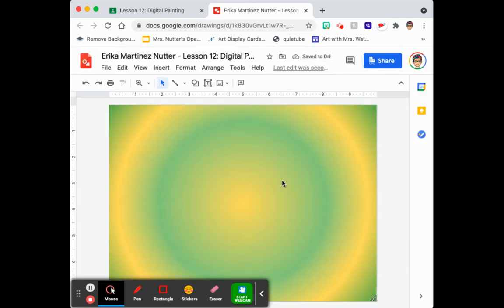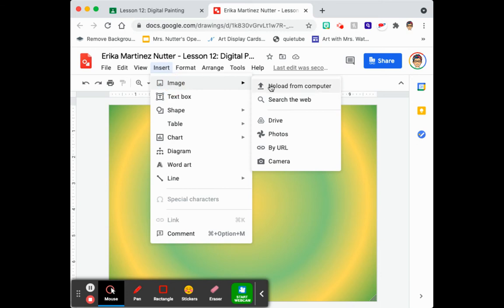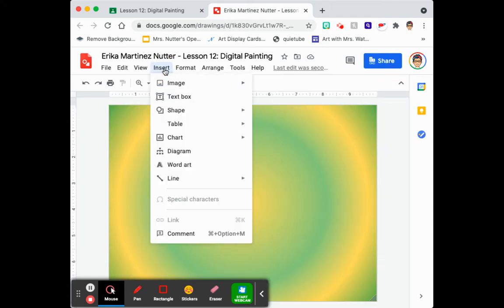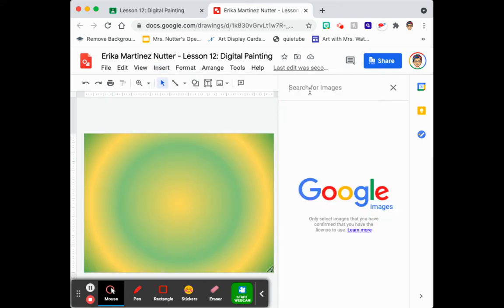The next step is to go in and add your silhouette. Okay, so you're going to go to Insert, Image, Search the Web. If you have one of yourself, instead of searching the web, I'm going to go back. You would hit Insert, Image, Upload from Computer. Okay, I'm going to go back to Search the Web. And the easiest thing to do, since our artist has these images of very powerful figures and very confident figures, you can search for confident